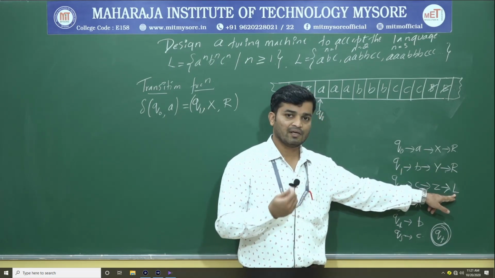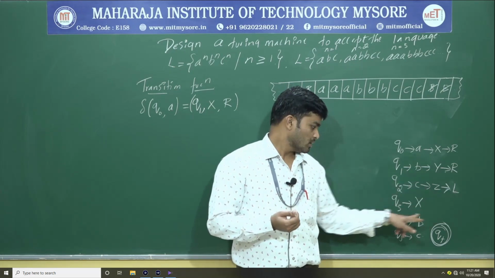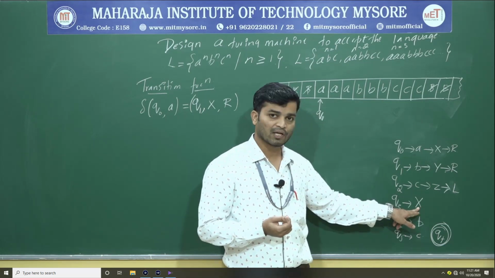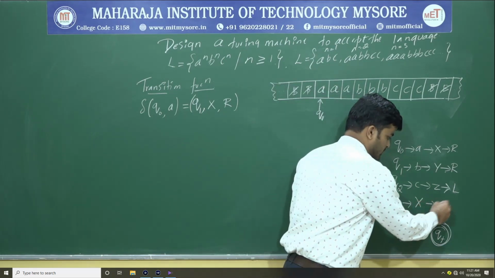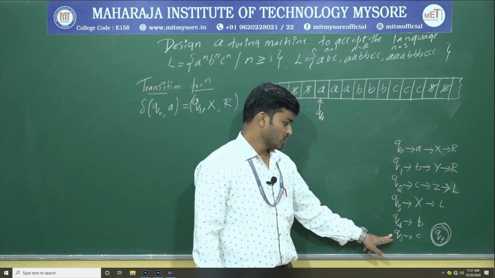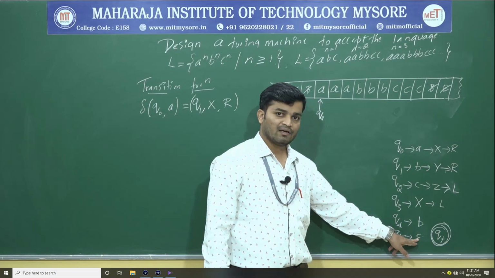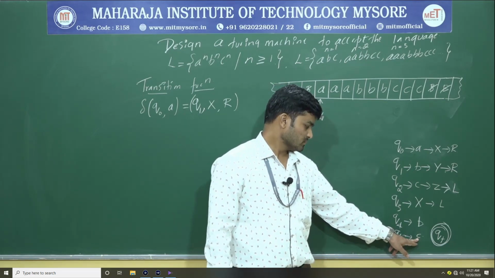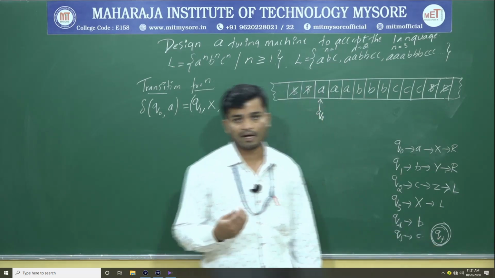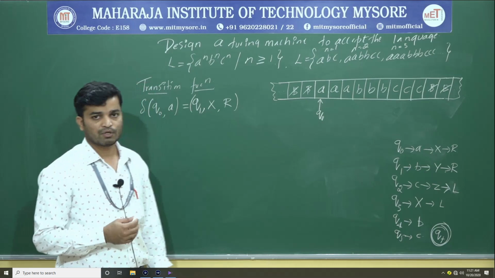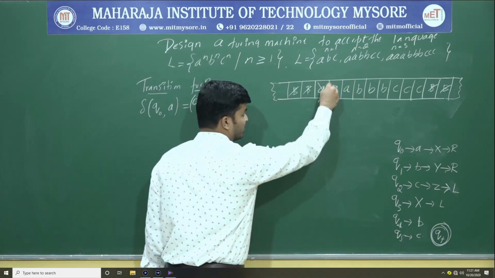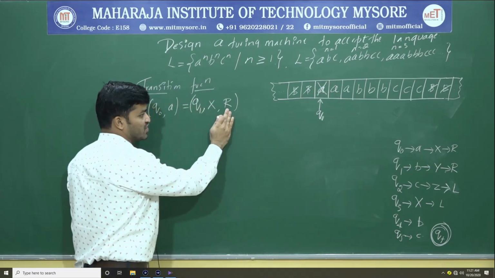Now to find whether there is any one more A within the given string, for that I will use Q3. Q3 will move up to X in the left hand side, in search of X. Q4 is to find extra B, Q5 to find extra C. And within Q5, if I get a blank space, I will go to the final state and accept that particular string, because that string is valid. So Q0 upon A replaces this A with X and moves right hand side by changing state to Q1.